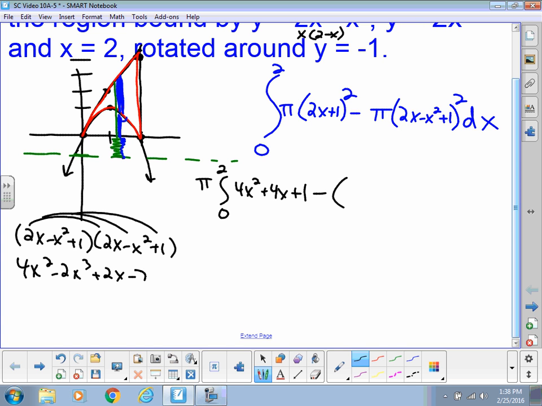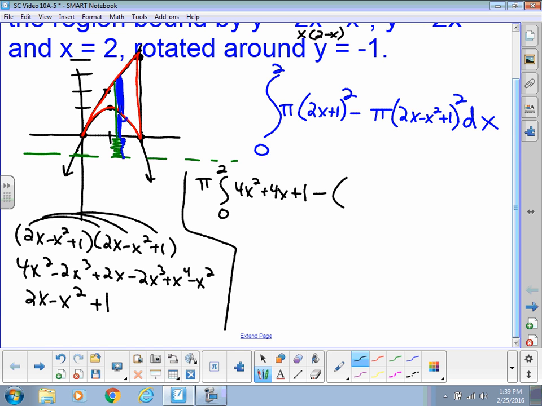negative 2x cubed plus x to the fourth minus x squared. And then we'll distribute the 1 through to everything, and I'm just going to write it underneath so it doesn't run into where we're going to do our integral. So when you distribute the 1 through, you'll get 2x minus x squared